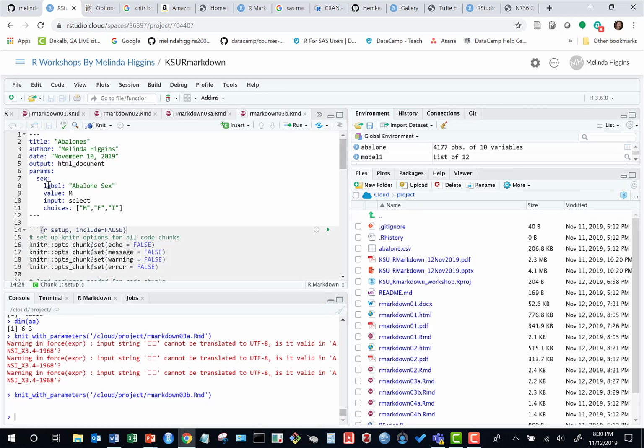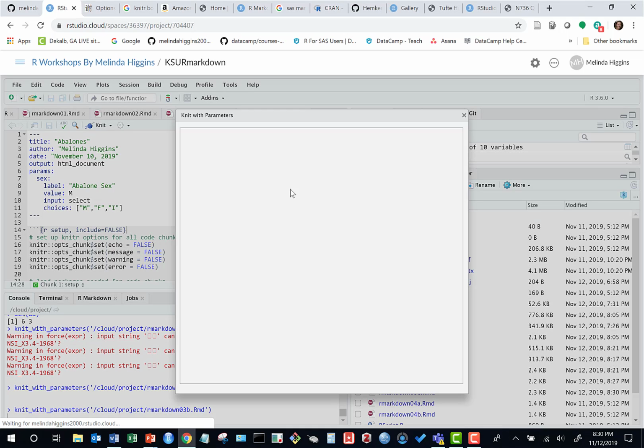Yeah, so you've got to have the label, that's the label at the top of the box. You can pre-populate it with a default, so if they don't pick anything, it defaults to M. The input is a select, and then the choices list the choices that'll show up in that box. And I know there's a lot more to it. There's all kinds of ways to customize this, but